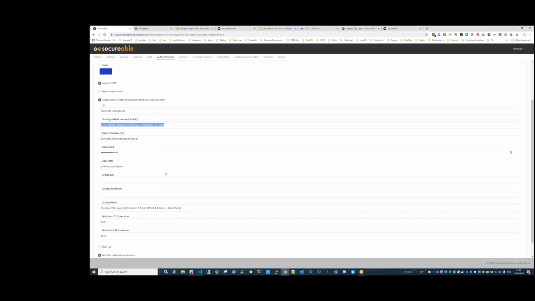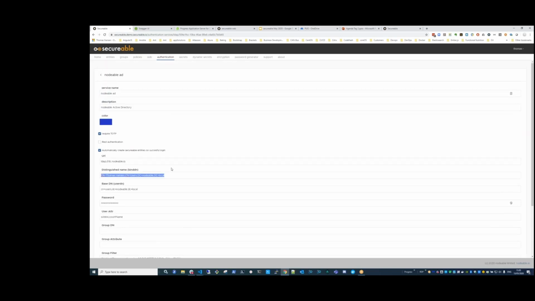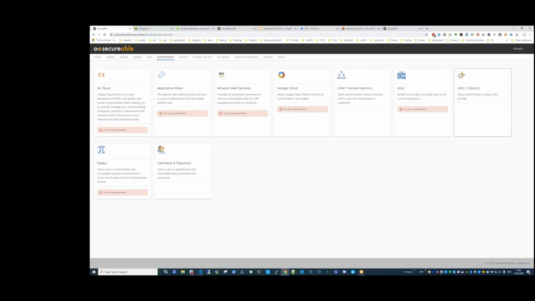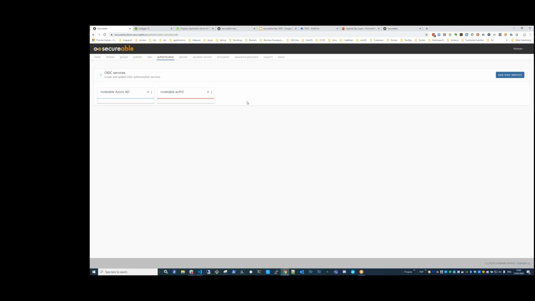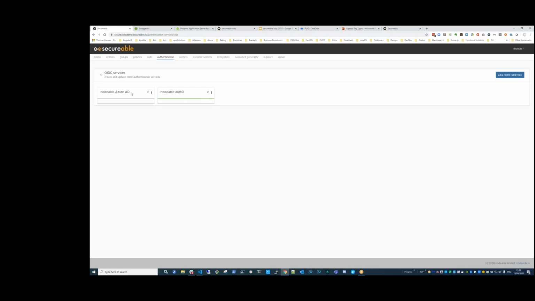But it's actually very little information you need to set up to be able to use Active Directory as one of your authentication sources. OIDC and OAuth2 cover a lot of breadth and allow us to do things like Azure AD. Again, not very much needs to be set up. It's a very simple process compared to having to work out how to do that yourself from scratch.